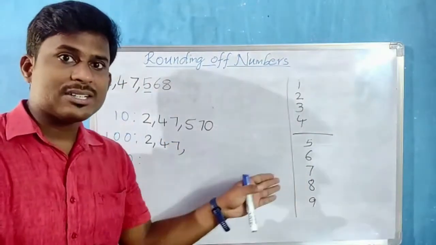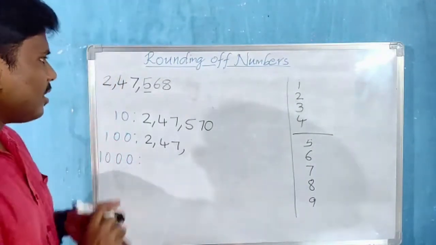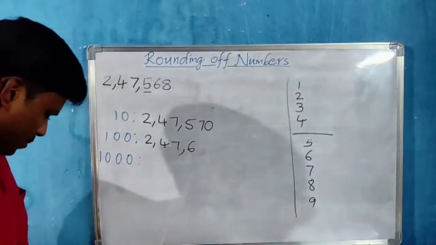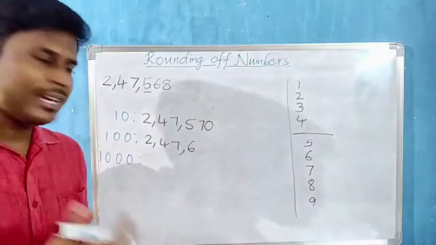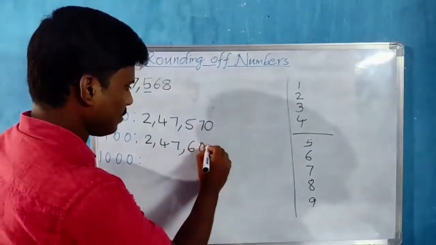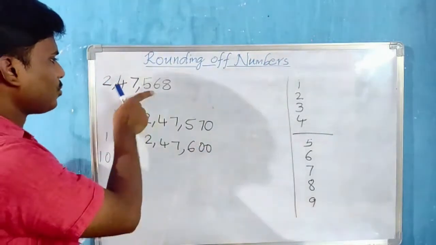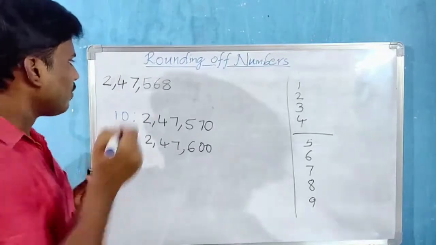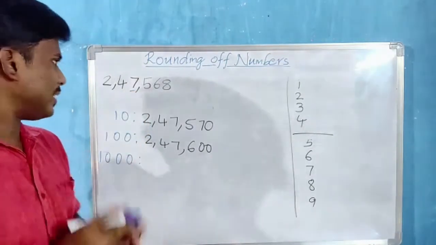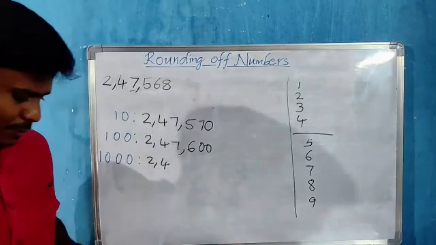Now the immediate right digit is in this category, so we have to add +1 to the rounding digit. 5 + 1 is 6, so I am writing 6, and the remaining right side digits will be zeros. Okay, and last, when the question is asked in the rounding of nearest thousands, our rounding digit will be the thousands place. So first let us write the left side digits as they are.